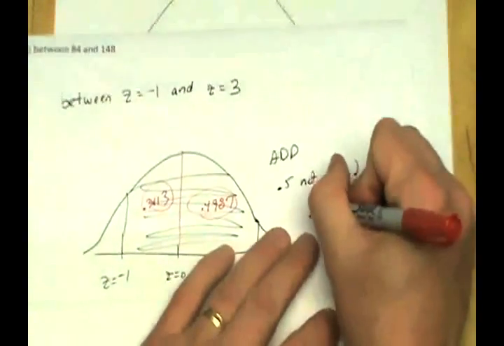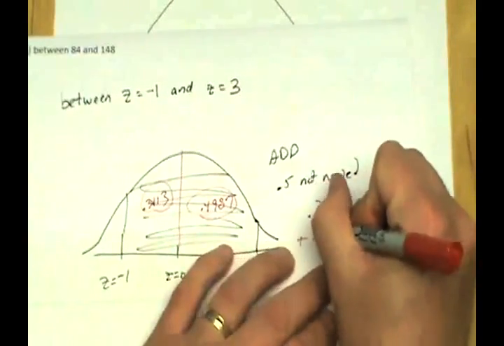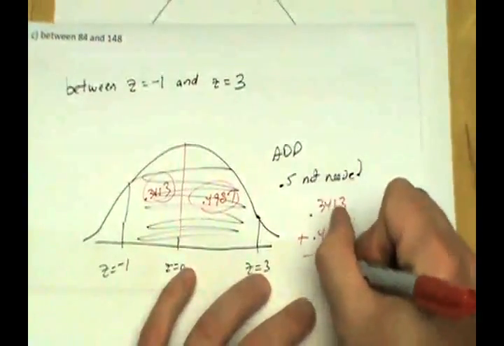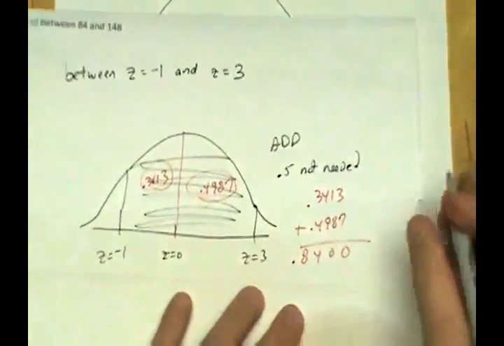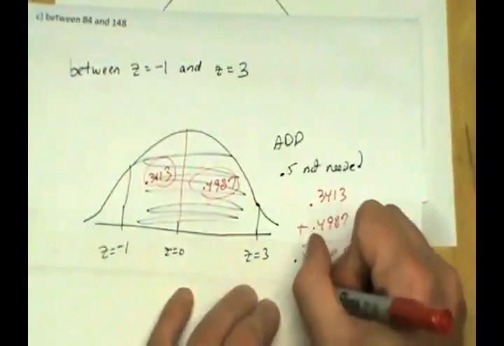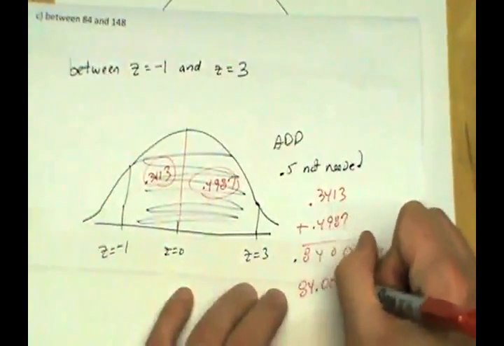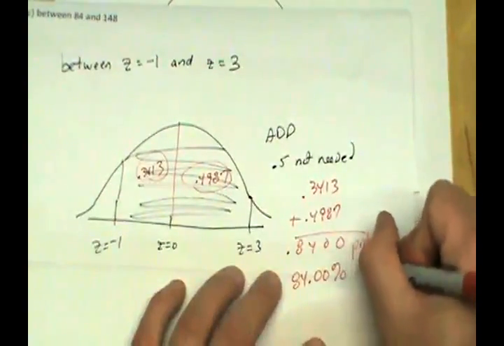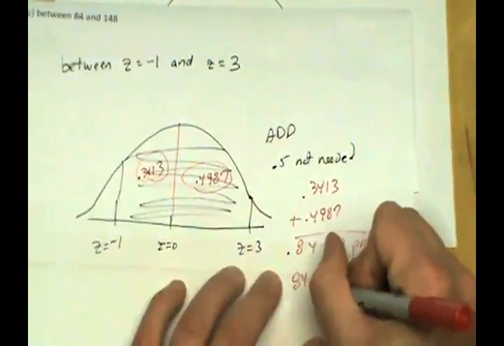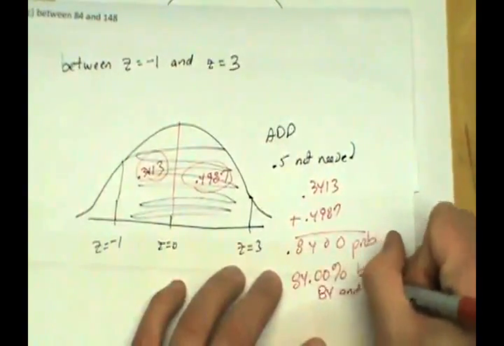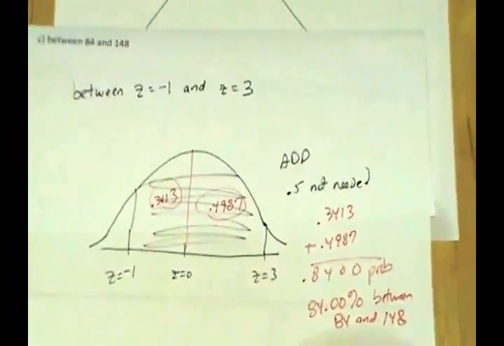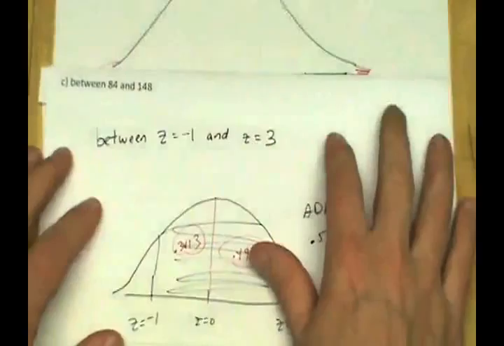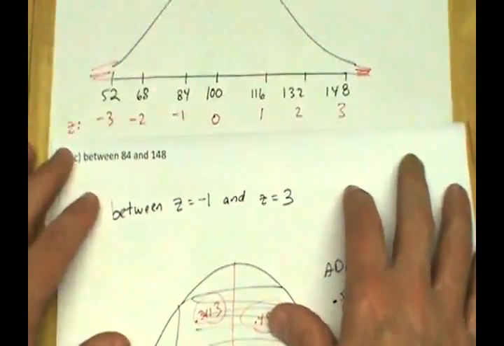So we're going to say 0.3413 and add 0.4987. So we get 0.84 is the probability. 84.00% of people have an IQ between 84 and 148. Now what makes all these questions a little bit easier right now is I gave you just one example